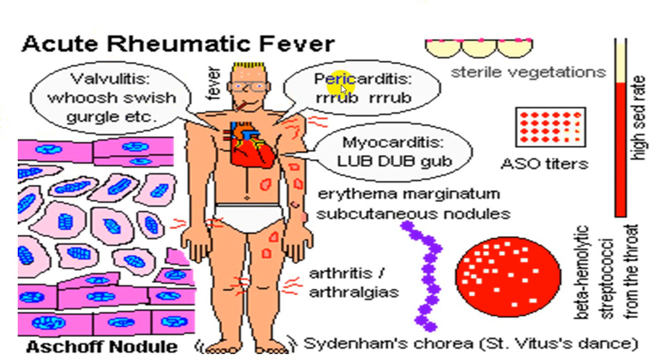cardiac involvement, pericardium, myocardium and valvular structures. And histopathologically you can demonstrate Aschoff nodules. Joint involvement, brain involvement will produce Sydenham chorea, and you can have a skin rash, erythema marginatum, subcutaneous nodules. And on echo you can demonstrate vegetations on valvular structures. ASO titer will be high, ESR will be high, and you can have a positive culture demonstrating streptococcal infection. So this will be the entire picture of what you can come across.